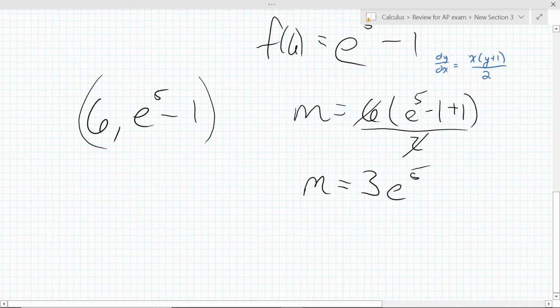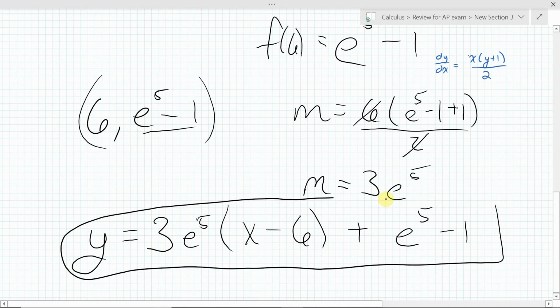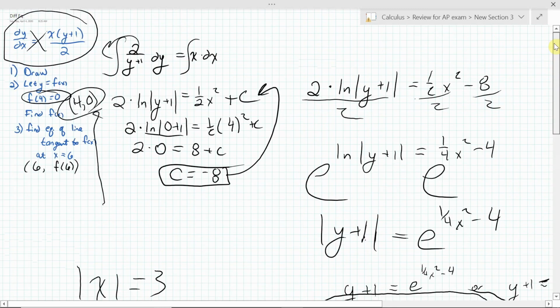So now you have all the pieces. And remember, point slope is fine. So what's the equation of the tangent line, right? I have a point, and I now have a slope. So my equation of the line would be y equals slope times x minus x1, 6, plus y1. Done. So hopefully this little primer here was helpful to remember some of the things of exponentials, of differential equations,